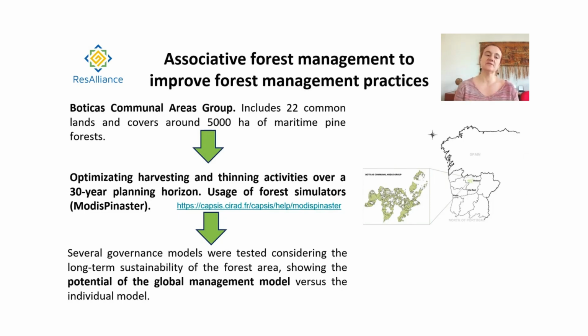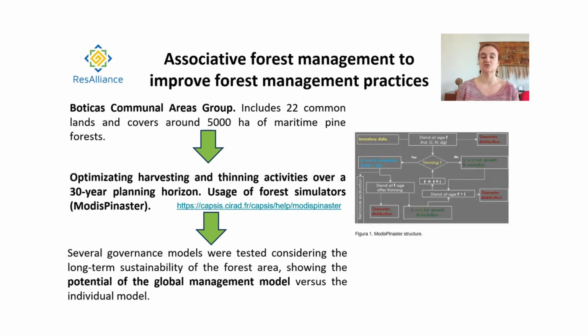So let's start by having a look at the Boticas communal area. This includes 22 common lands. It covers a large area of 5,000 hectares of maritime pine forests. You can see the region here in the picture on your right. And what was done in this forest intervention area was, in fact, the development of an optimized harvesting and thinning plan, so of a forest management plan for a 30-year planning horizon, but using a forest simulator that is called